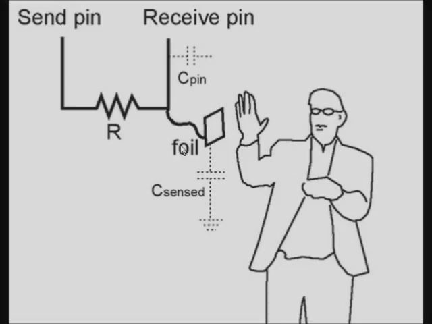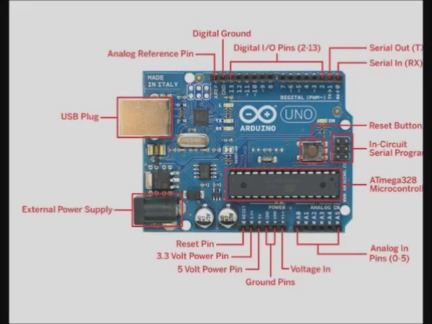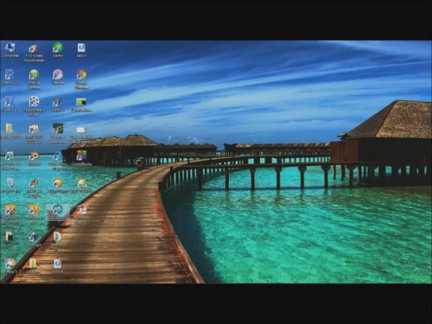So these send and receive pins are exactly the pins which we found out a little earlier out here. So these are all the pins which we can use as send and receive pins. When we explore the code, we will come to know which two pins are used for sending and receiving in our program. Now what we'll do is we will connect our Arduino board to our computer using a USB